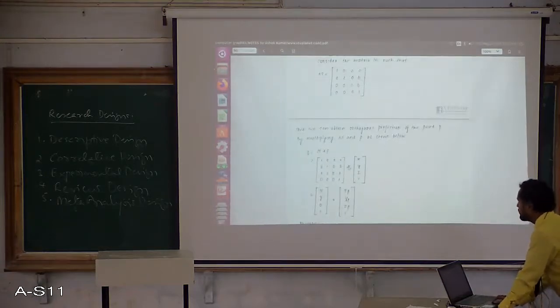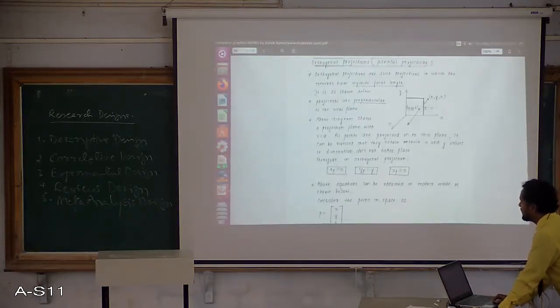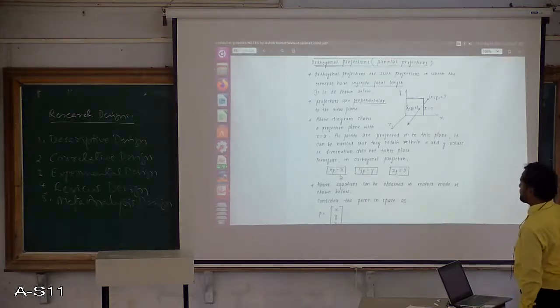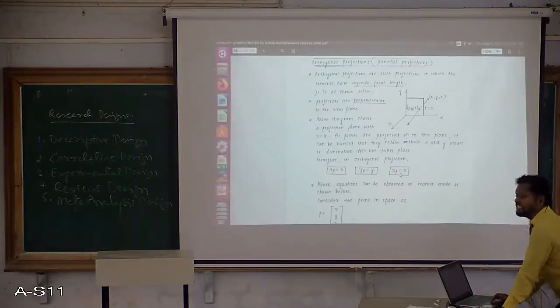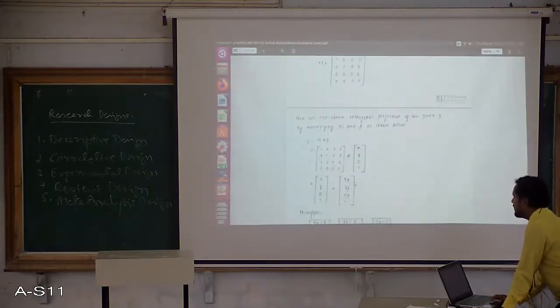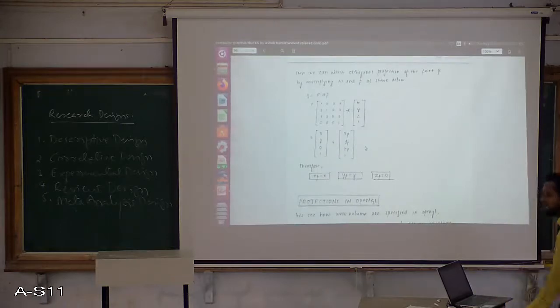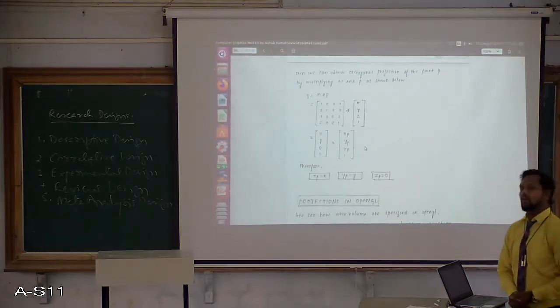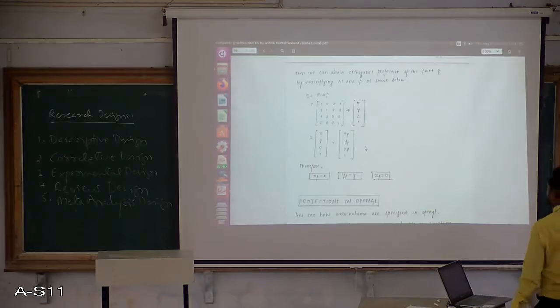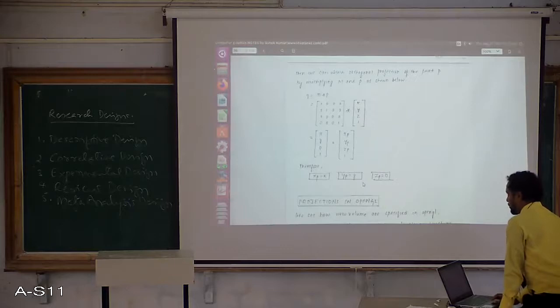The same values x, y, 0, 1 are being replaced with xp, yp, zp and 1 because of this expression. Here the xp value is x, the yp value is y and the zp value is 0. So instead of x, y, 0 and 1, I replace them with the xp, yp, zp values, because xp is equal to x, yp is equal to y and zp is equal to 0.